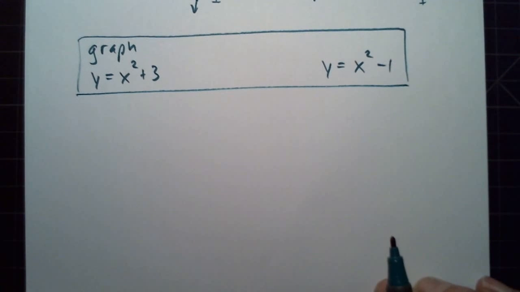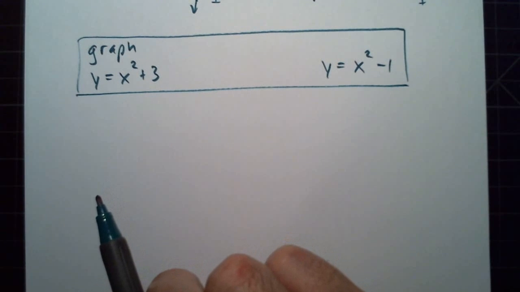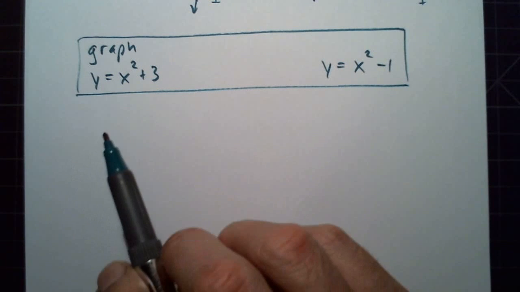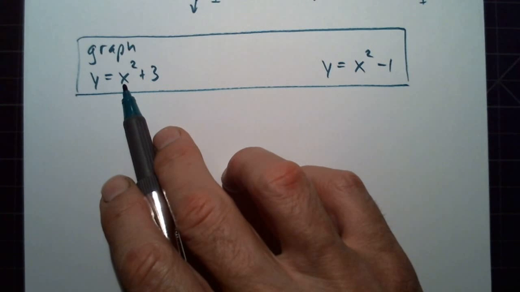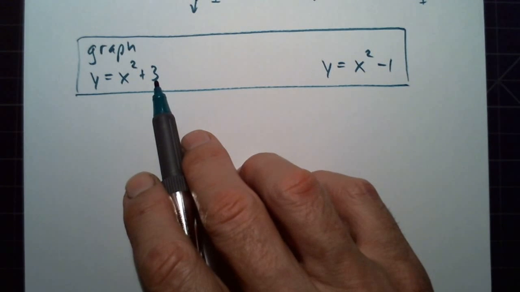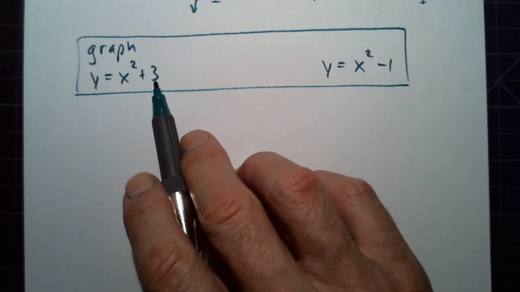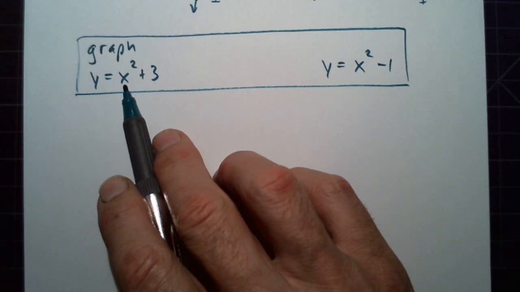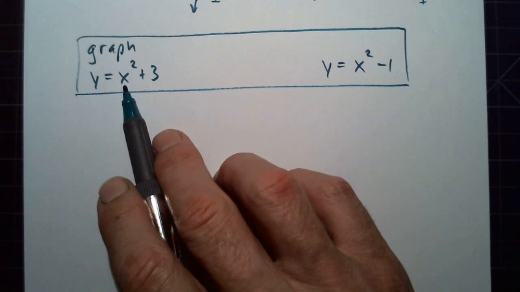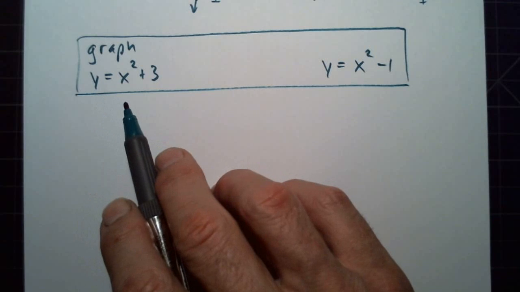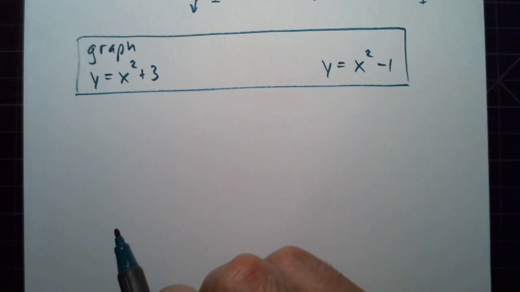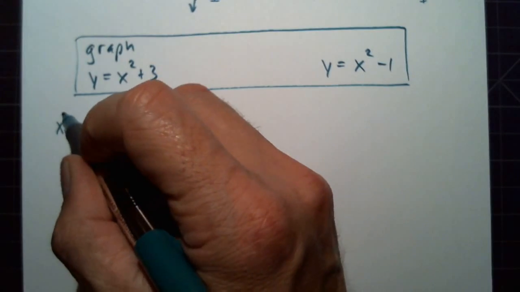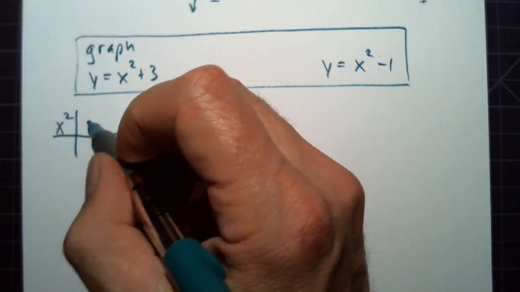Okay, so we're just doing translations today, and one way to identify the type of transformation is whether the 3 is inside with the x or outside. So when it is outside, it's not changing the x, and that means it'll be a vertical change. When it's inside in parentheses with the x, that'll be a horizontal change. We could just make a table, XY table, and do all the computation, but here is another way to do it. If we have x squared, and then we